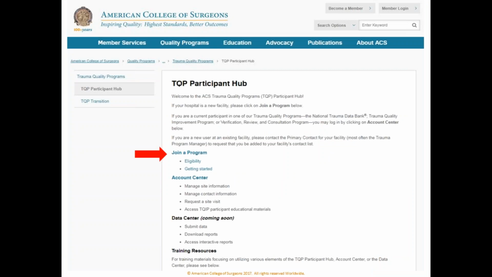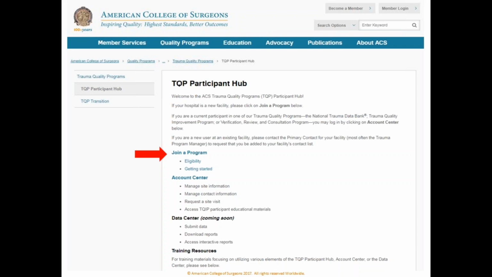Just some scheduling reminders. I don't know if a lot of you know, we have merged with TQIP, and DRC has merged, so we're called the Trauma Quality Program, the TQP, and we developed a hub, as you see here.